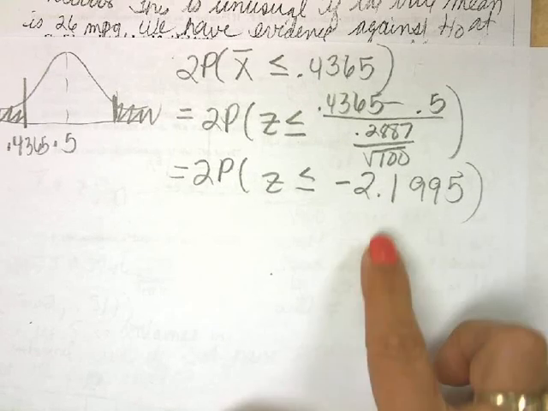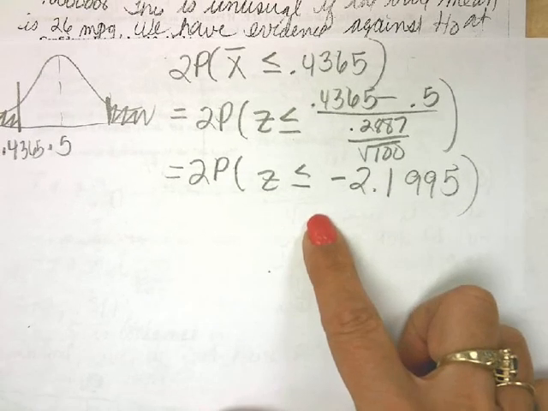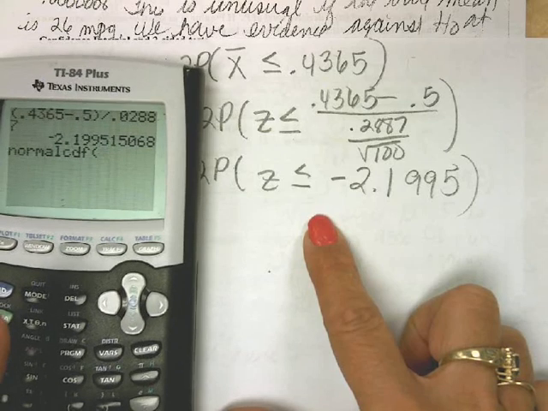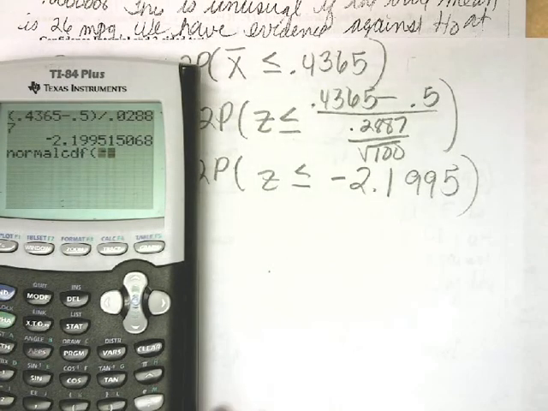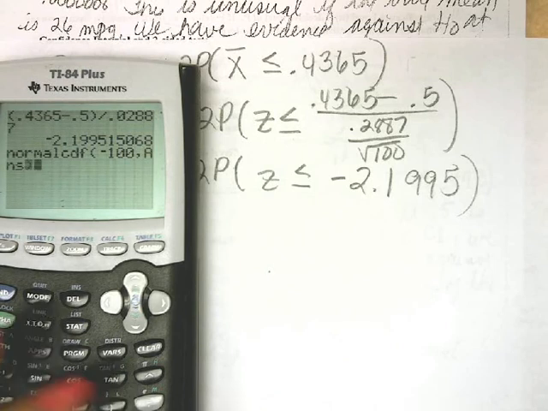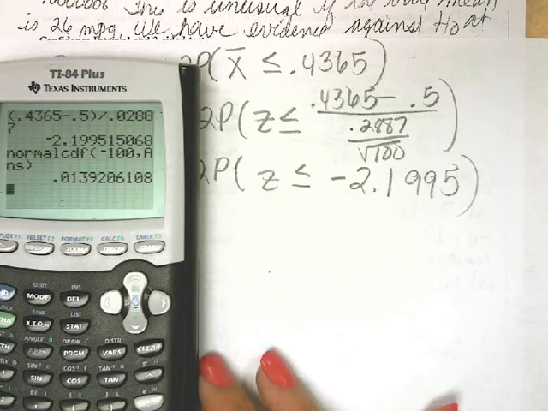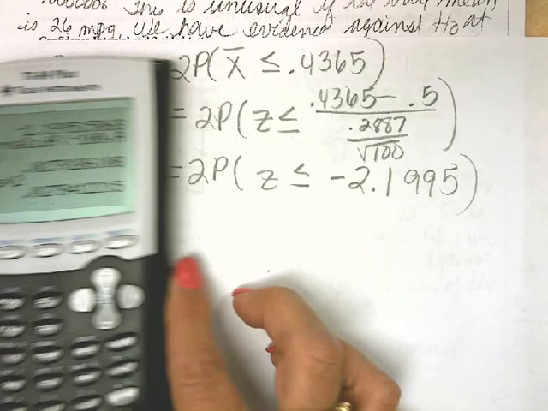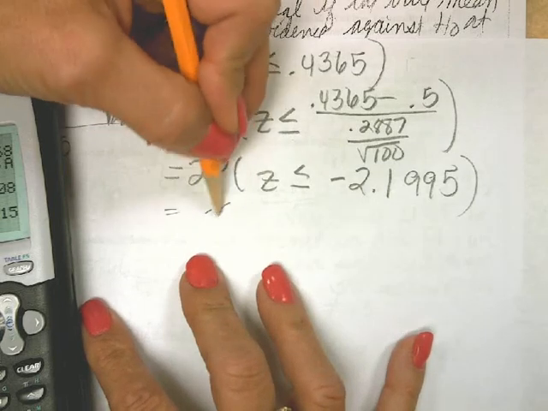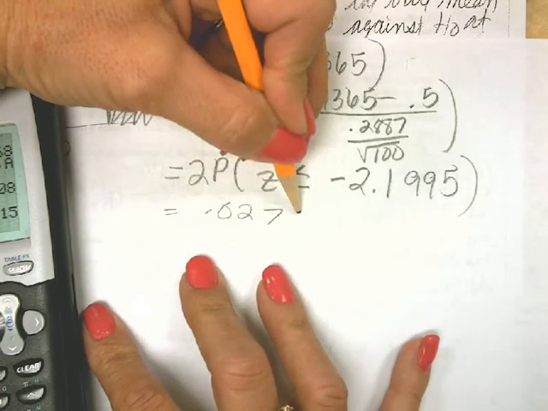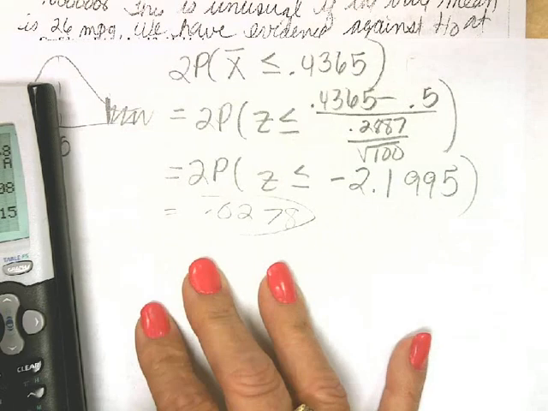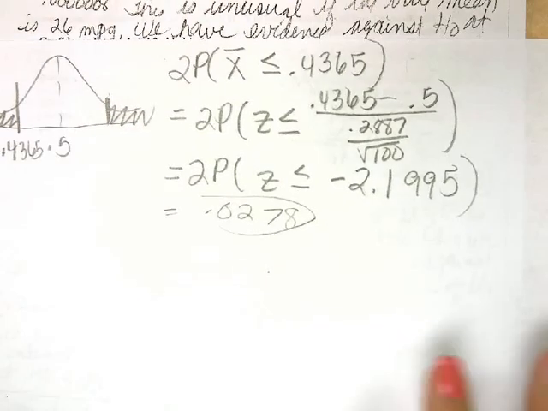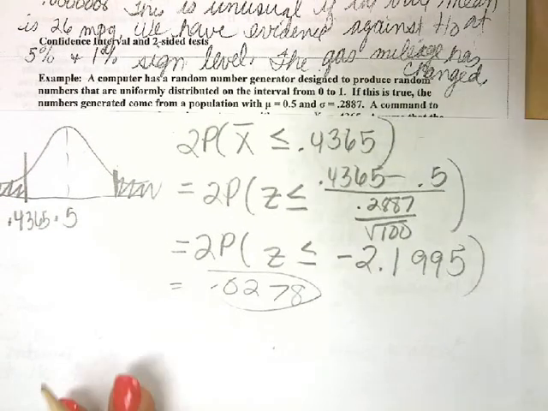And I'm typing in my normal CDF. I'll just kind of scooch the calculator here. I'm going to plug in negative number, comma, second entry, or second answer. And then I need to double that. Okay, so now I'm getting a p-value of 0.0278. Okay, so now I'd actually be able to answer my question at this point based on doing the traditional